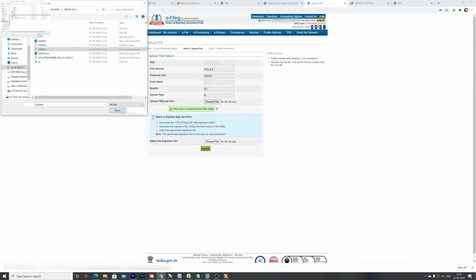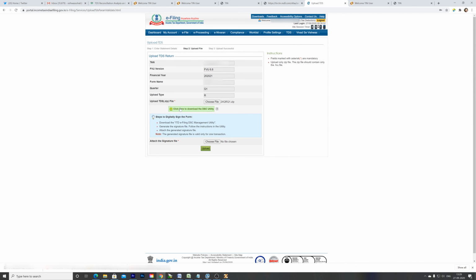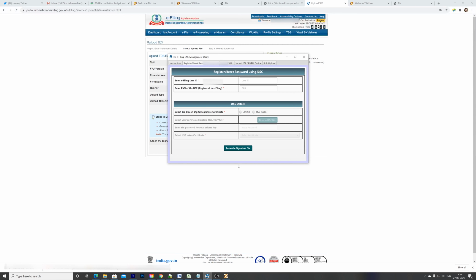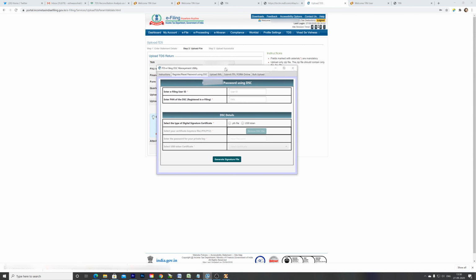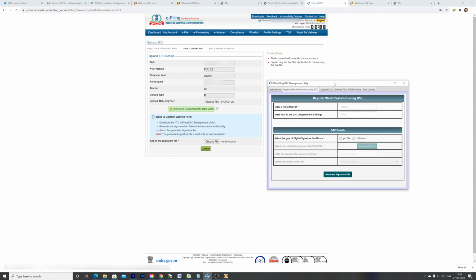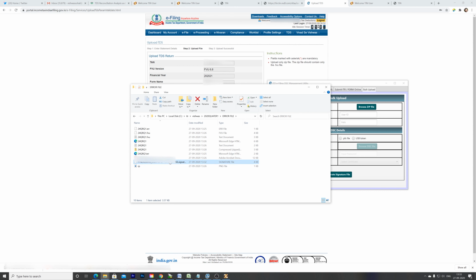WinZip file, open. Now my DSC is already there. This is my DSC management. Now you have to download from the DSC utility, and you should have Java of a particular version. This is a signature file.